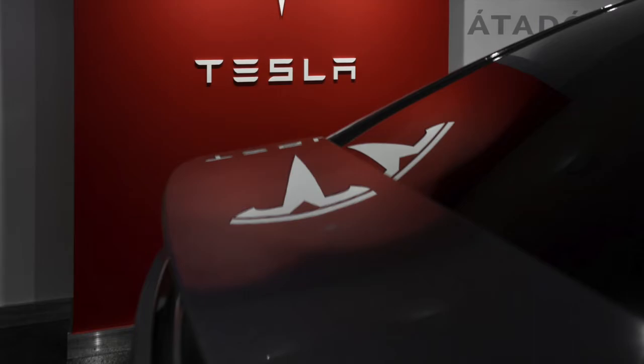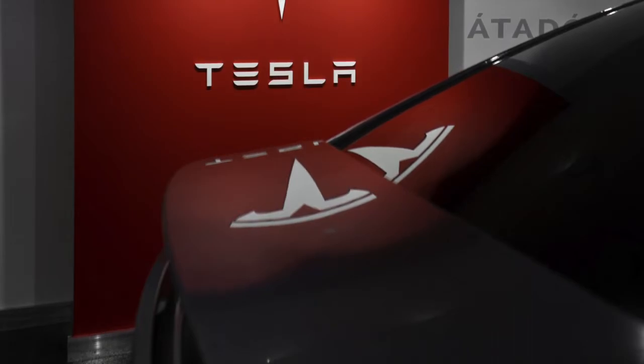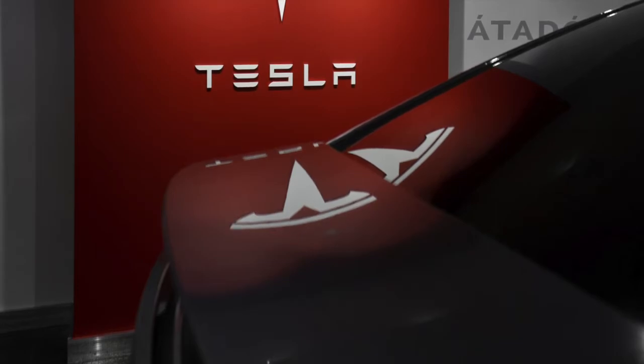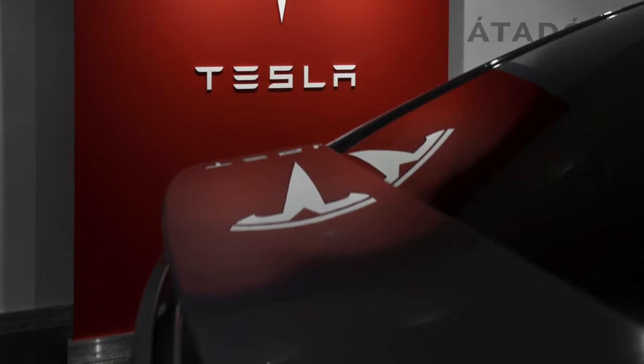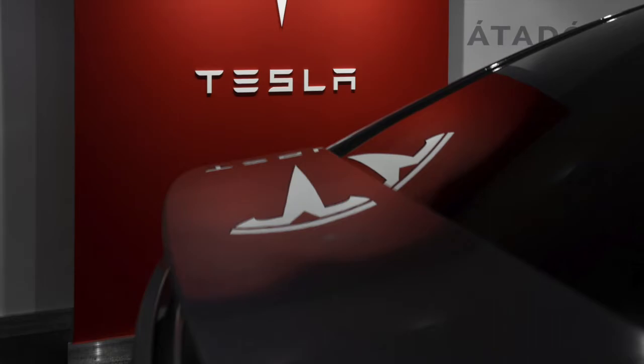Still, at a price of around $1,500, that's going to be a bitter pill for drivers to swallow, just to get back some of the core features that are needed for the safe operation of the Model S or the Model X. Now, I'm not exactly sure how I feel about this. $1,500 for the replacement of the rather large infotainment screen, down from $2,500, is probably a little bit easier, like I said, for drivers of Model S's and Model X's